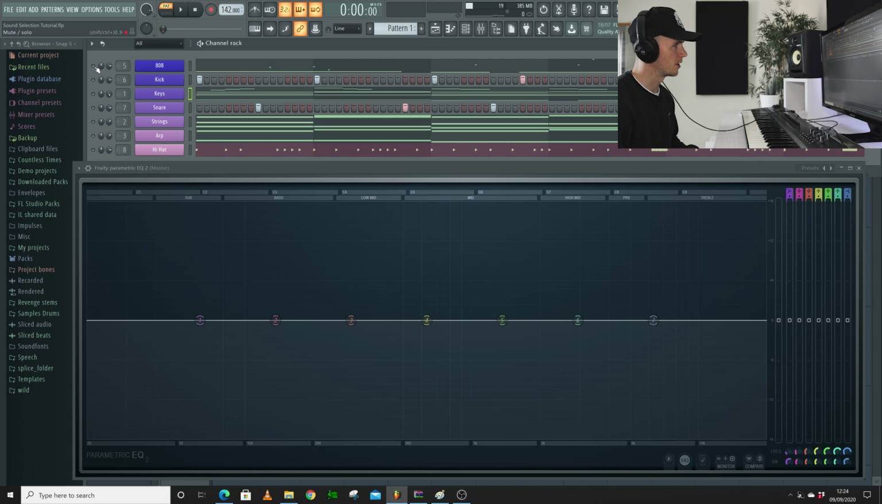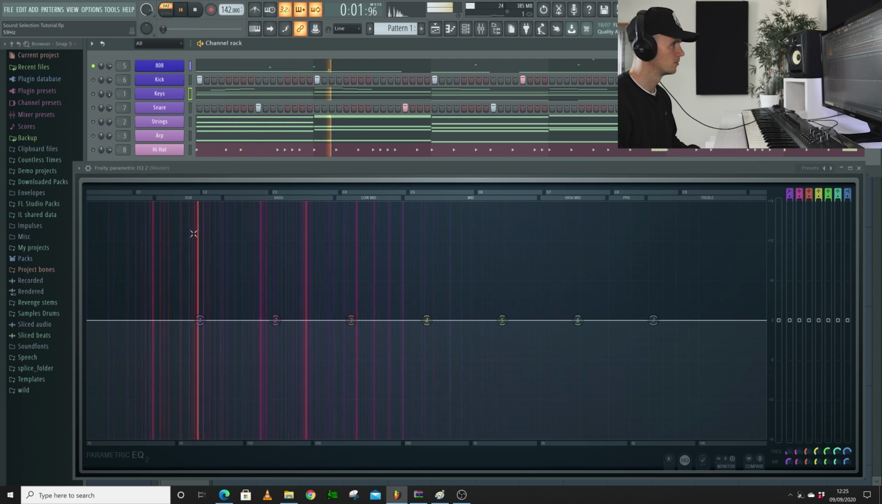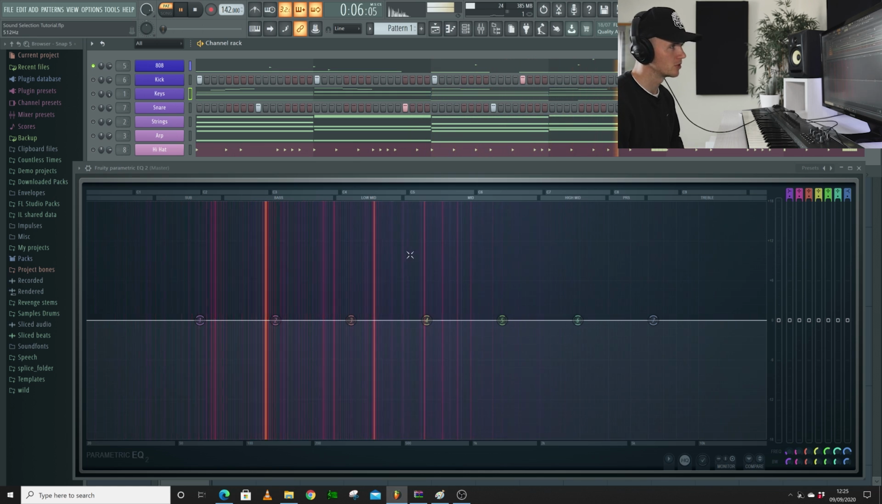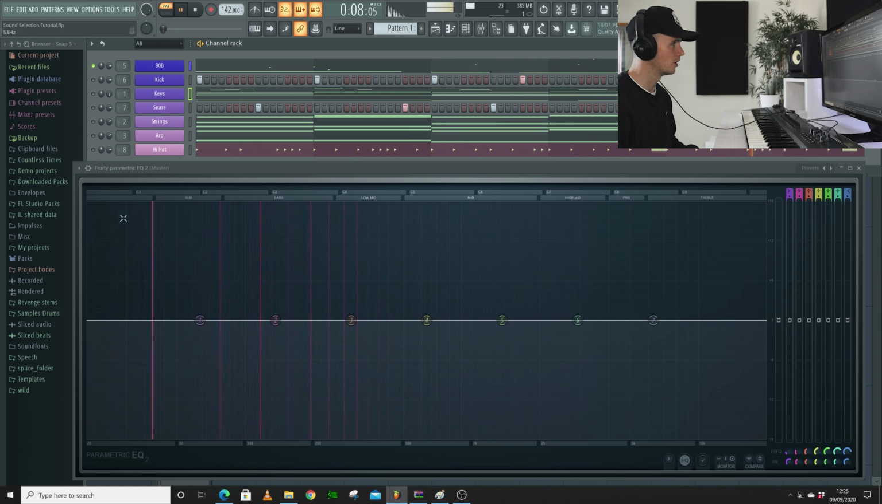If I play you the bass by itself, you're going to see it's taking up the low end. You will get some that are overlapping, which is fine, but you're just looking at the main frequencies, these bright parts here. And if I play the bass with the keys,